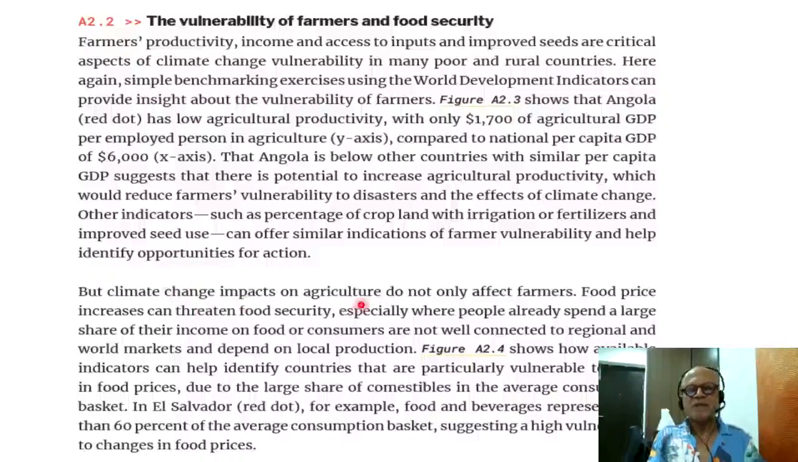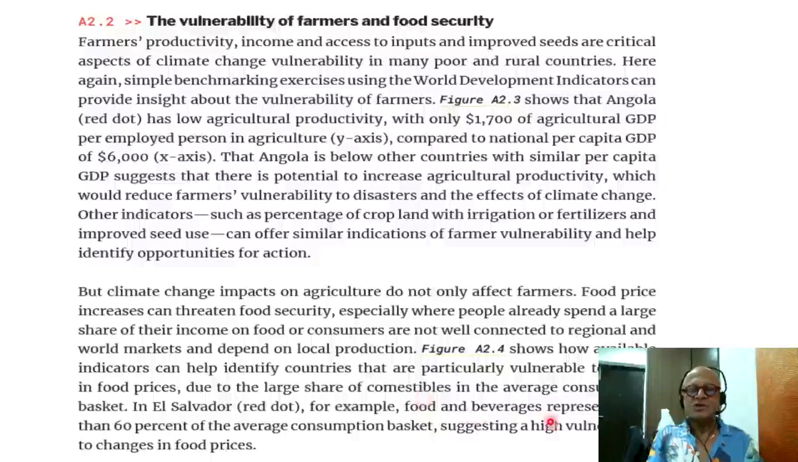But climate change impacts on agriculture do not only affect farmers. Food price increases can threaten food security, especially where people already spend a large share of their income on food, or consumers are not well connected to regional and world markets and depend on local production. So we'll see in figure 2.4, which shows how available indicators can help identify countries that are particularly vulnerable to spikes in food prices due to the large share of